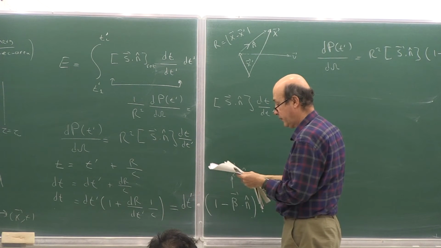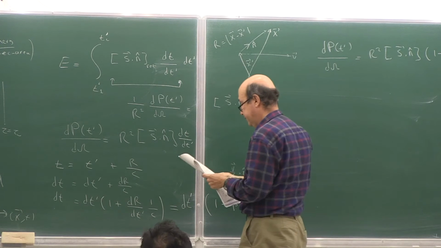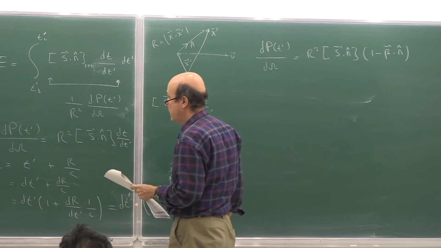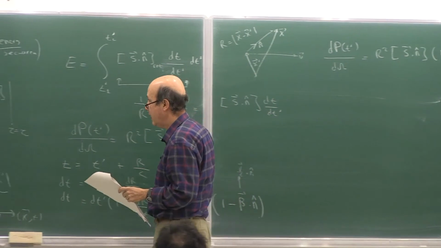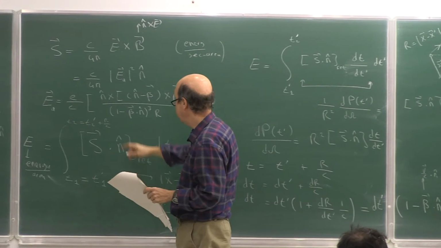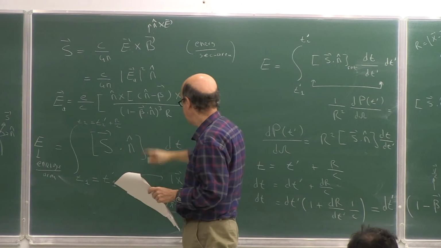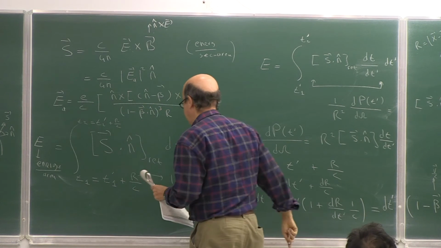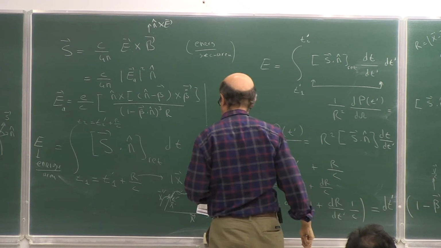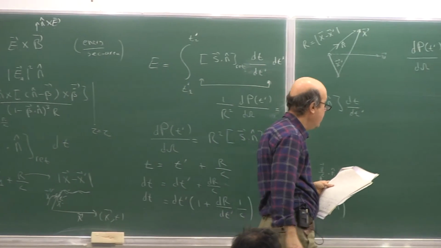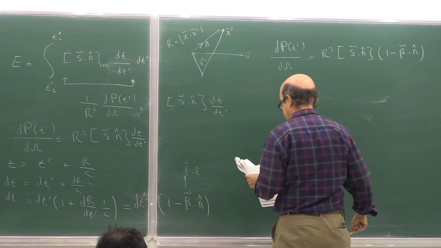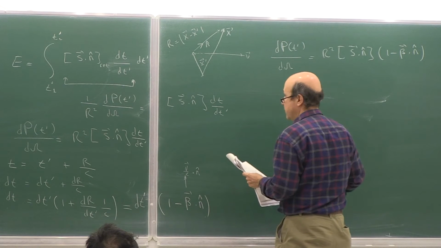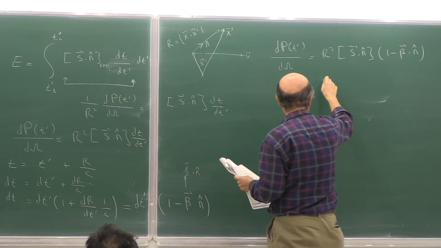Now let us calculate this. What is S dot n? S is related to e square. S dot n will be what? n dot n will be 1. So that is related to c over 4 pi times the square of the field of the accelerating charged particle. So the result will be the following: c over 4 pi